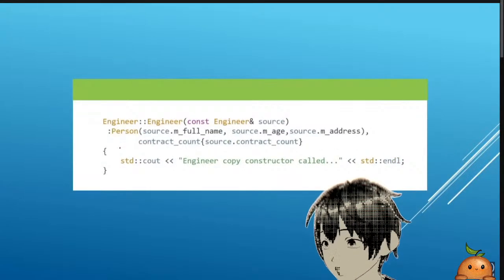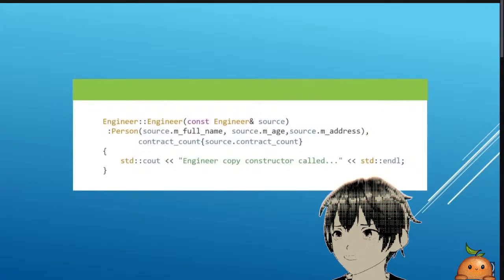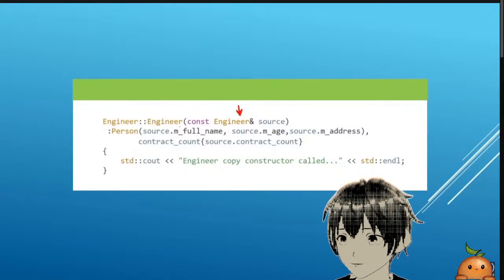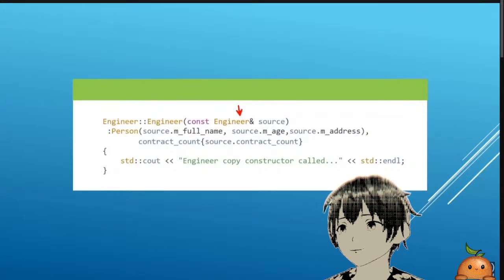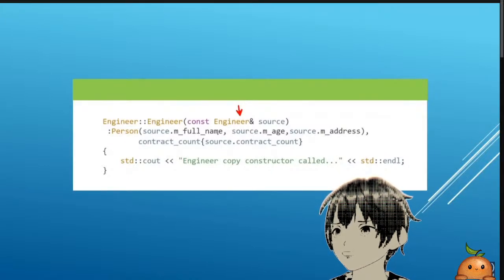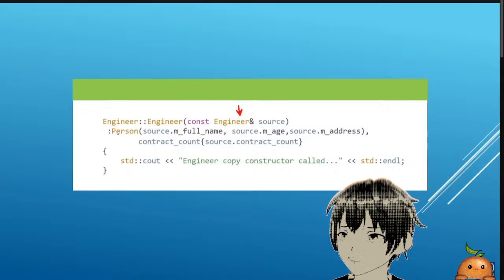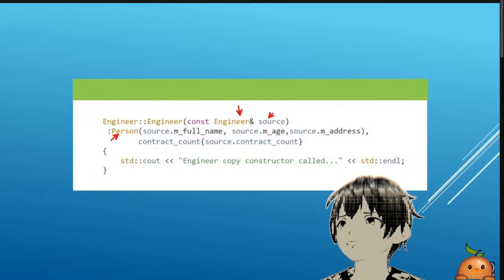Some of you are going to say, but what if we call the base constructor? We have seen that we could do that, right? But remember, this is a copy constructor. What we have on the left is an object. And if you set up a syntax like this with the copy constructor, the compiler is going to set up a temporary person object and a copy from that object to initialize the person part of us. So this is going to be creating a temporary copy object containing the same data we have in our engineer object. So to some extent, this is going to work, but the problem we still have is that